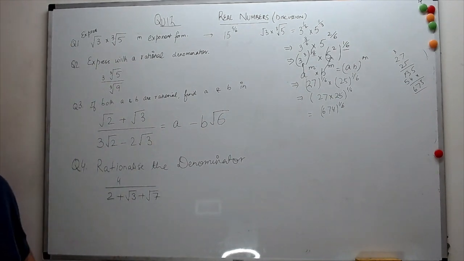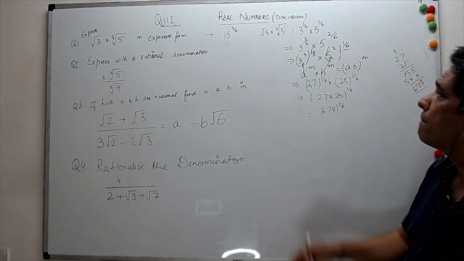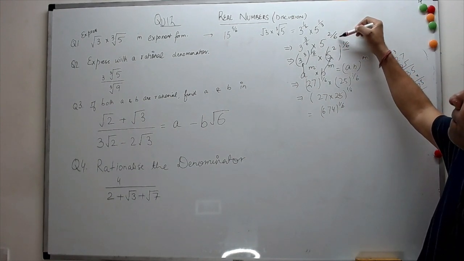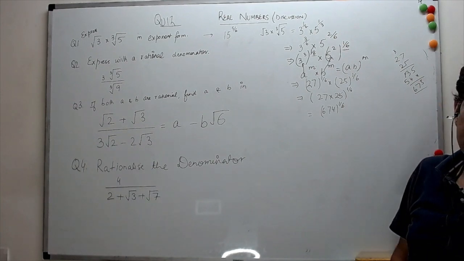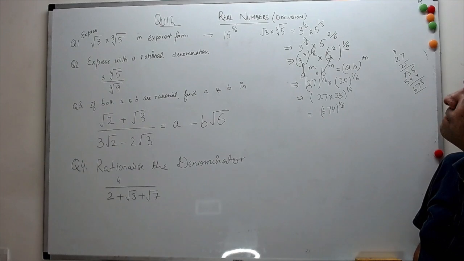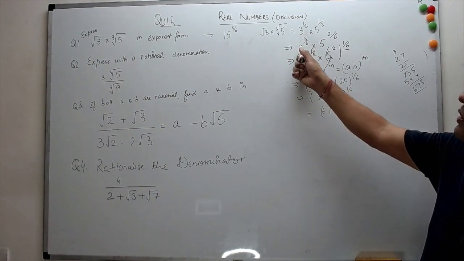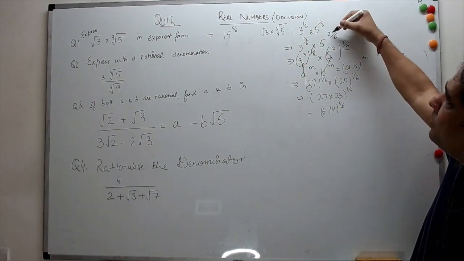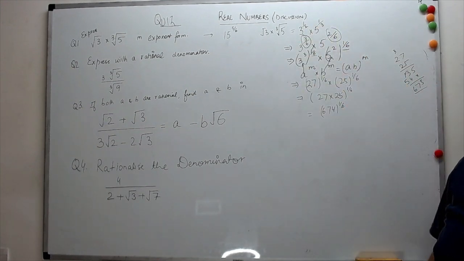Sir, I had a doubt in this question. Sir, you split the step of 3 to the power 3 by 6 into 5 to the power 2 by 6 further into 3 to the power 3 whole into 1 by 6. Correct. So why couldn't we multiply it like 5 into 3, 15 to the power 3 by 6? Because in that we had the same denominator. But the only way you can multiply 3 into 5 is when they have the same powers, right? 3 by 6 and 2 by 6 is not the same power. Okay, yes, sir. I thought we just need to have the same denominator.